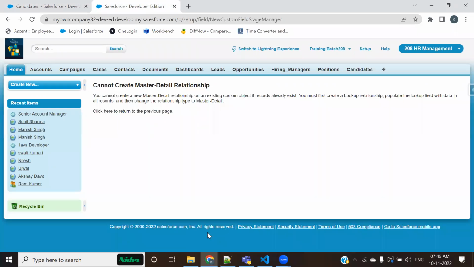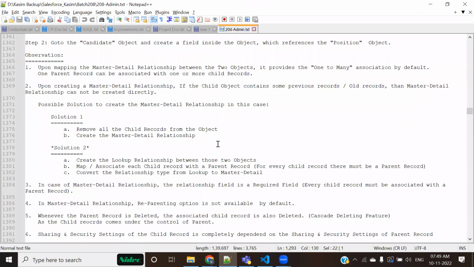So there is one point of discussion here, and how to solve this, I'm coming to that. Upon creating a master detail relationship, if your child object has some old records, then the master detail relationship cannot be created directly. So how to do that?